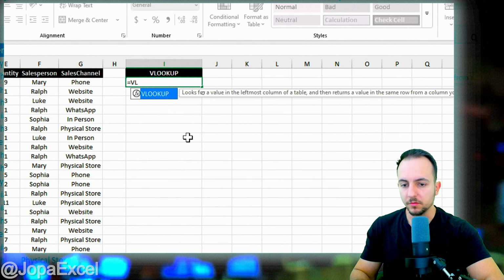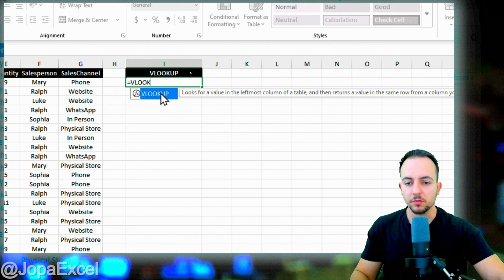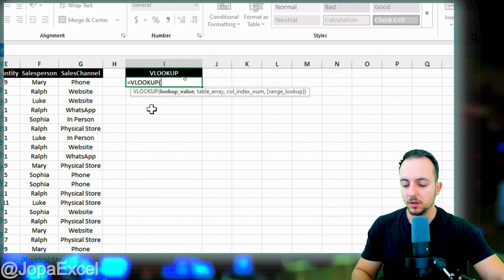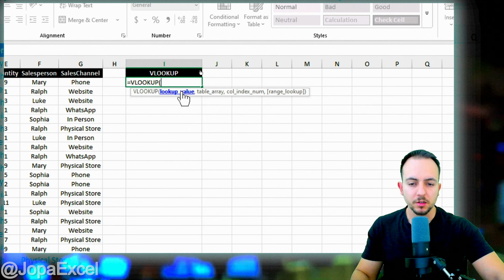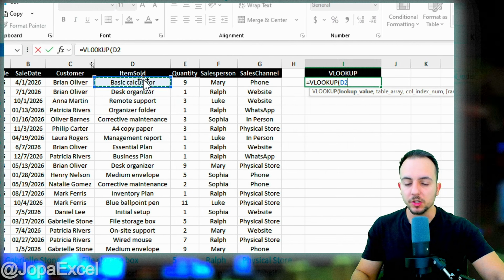So equals VLOOKUP, double click on the formula to select it. Pay attention because the structure of a formula needs to contain equals, the name of the function, and also an open parenthesis. Equals VLOOKUP open parenthesis. And then we can continue with the first argument, that is the lookup value. In this case, the lookup value is the item, which I have here in this first row, basic calculator, but it could be anything else, doesn't matter. So I'm looking for this first item,